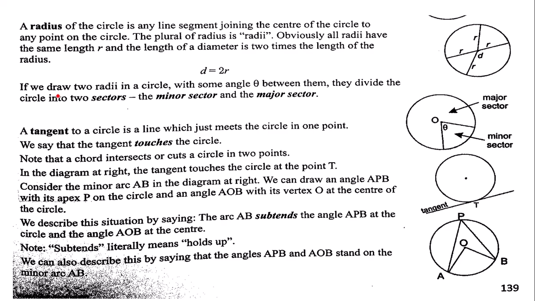Okay. Now, sectors. If you draw 2 radii in a circle with some angle between them, they divide the circle into 2 sectors. Don't confuse sectors with segments. Sectors are like